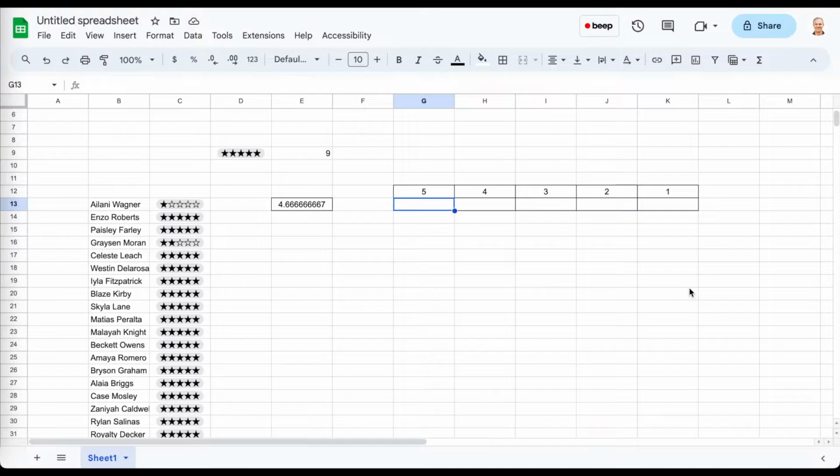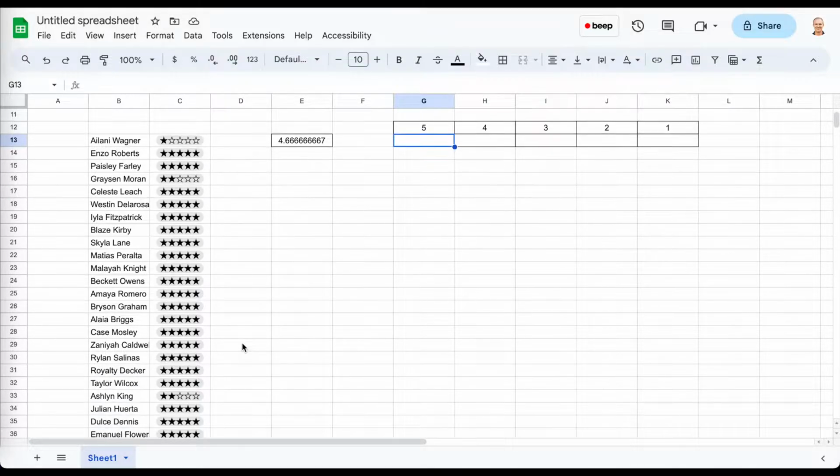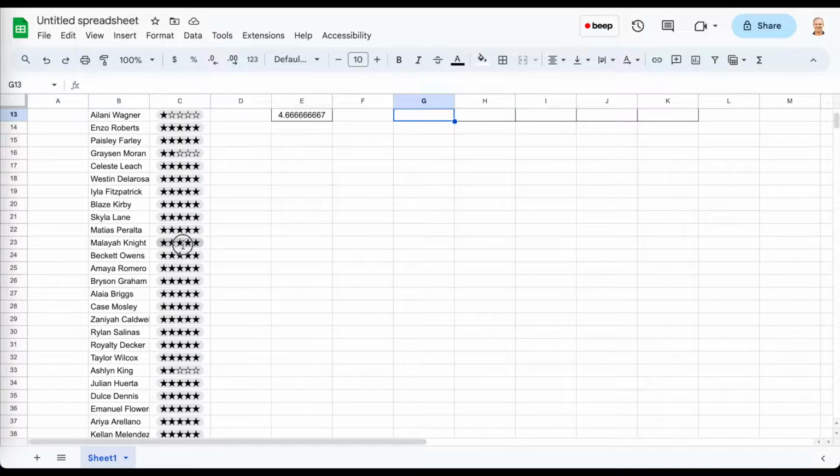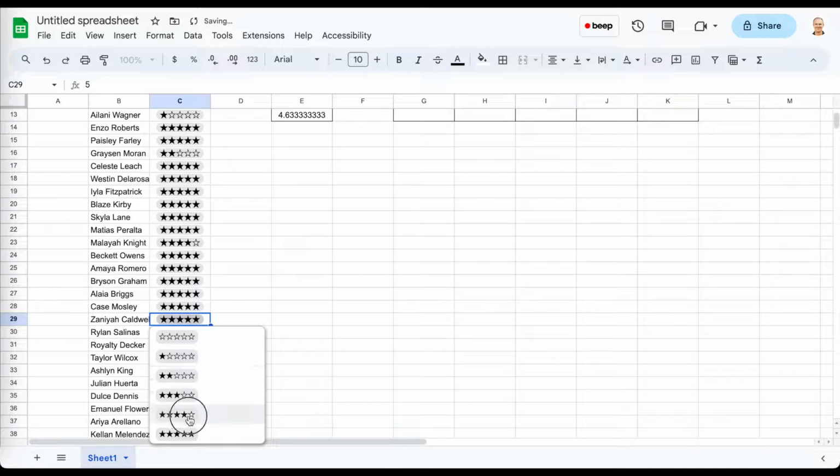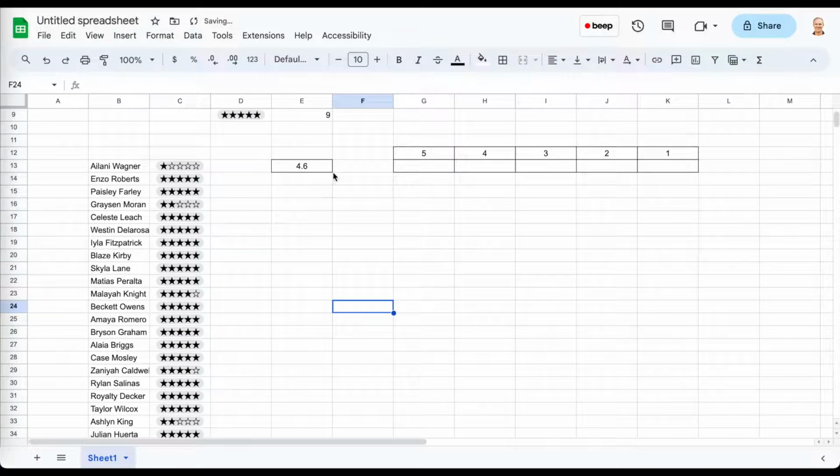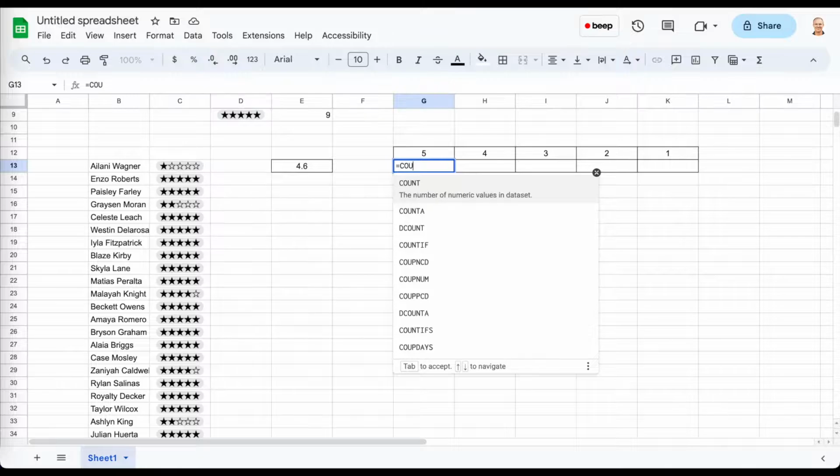Another way to use it might be to count the number of times there are certain ratings. So let me give a few more random-ish ratings. Okay, and you can see my average change. So if I wanted to count the number of times 5, I would use COUNTIF